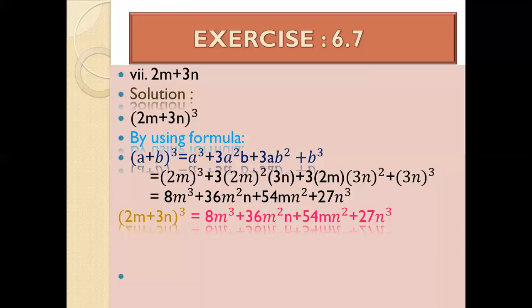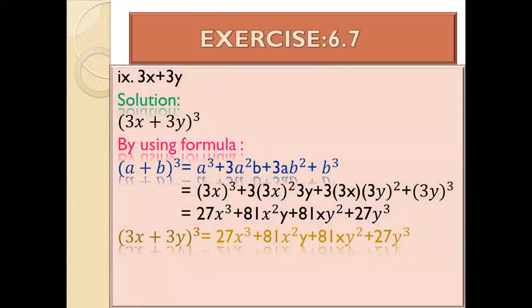Come to the next slide. 3x plus 3y. In this question, no need to take any number common. A will be 3x and B will be 3y. Because in this only the power of whole number is 1. I mean both terms 3x and 3y have power 1. And when we take the cube, it means that we must take the cube of 3 and x both. So we cannot take common in this question.